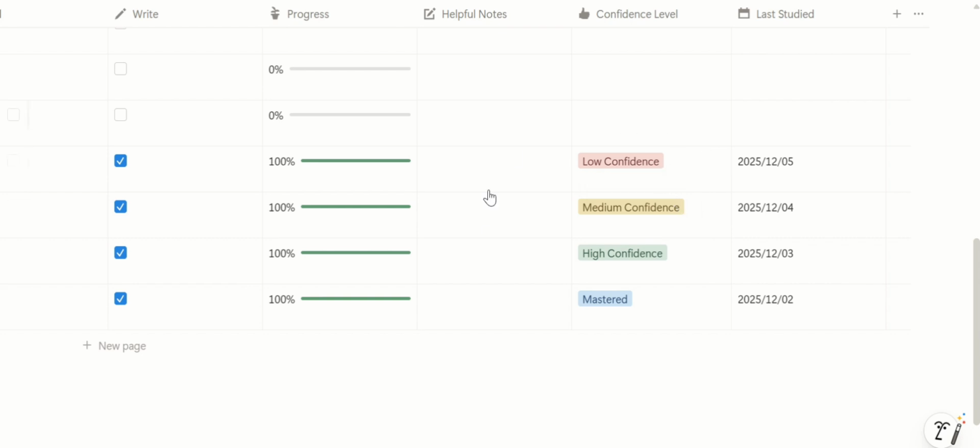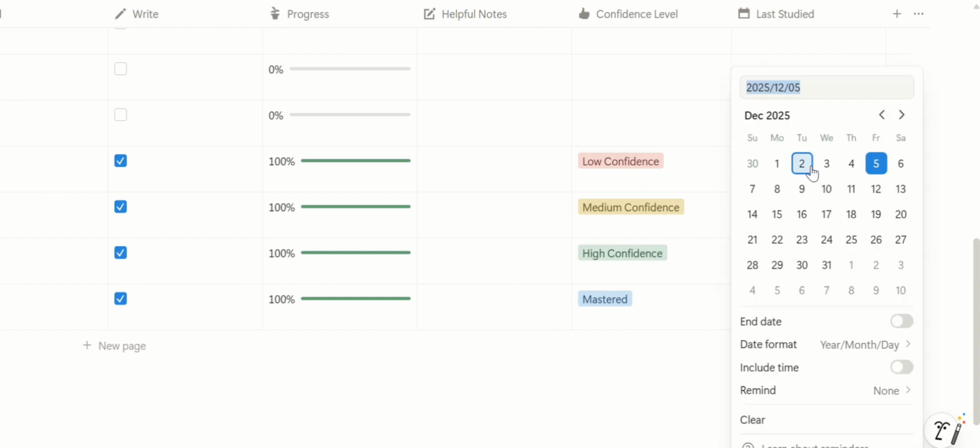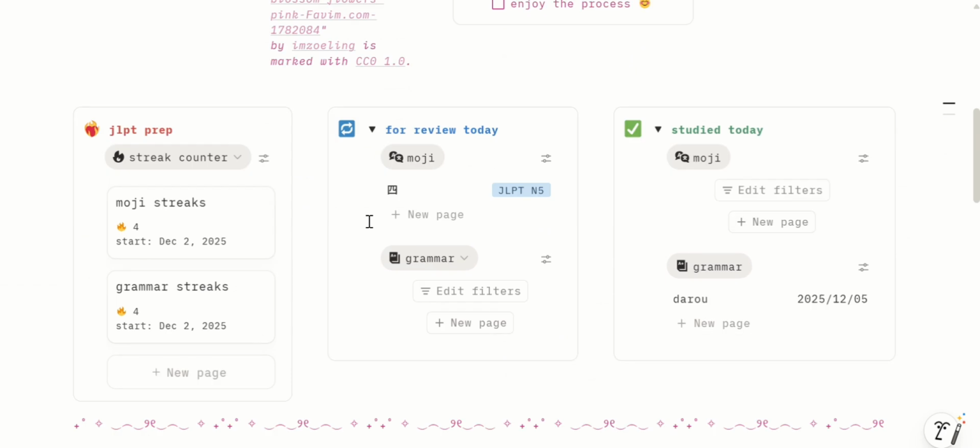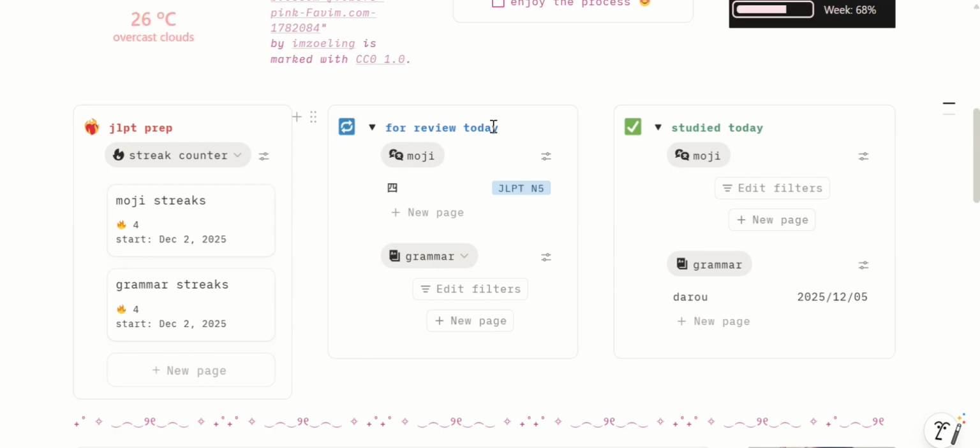So this is like an SRS that I created. Say, for example, you last studied this yesterday, and when you go back to the home page, you will now see that it is in for review today, since we studied this yesterday and you have low confidence on this. That's why it's reflected today, okay?